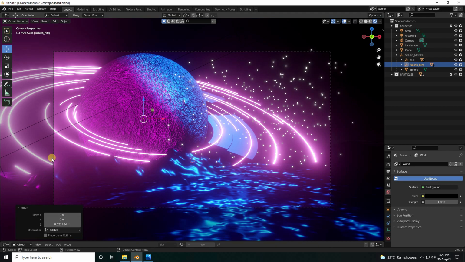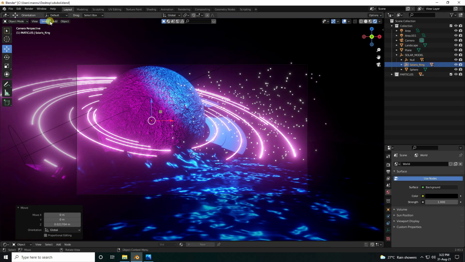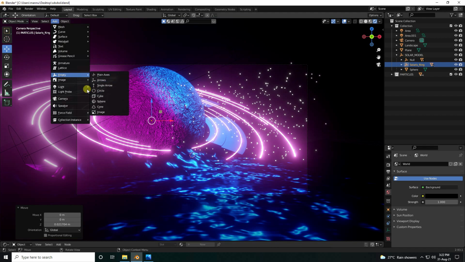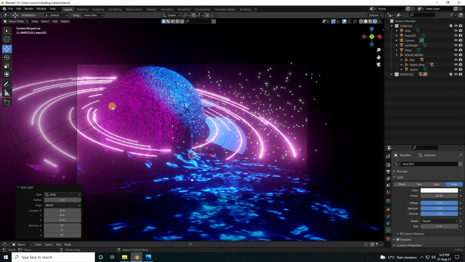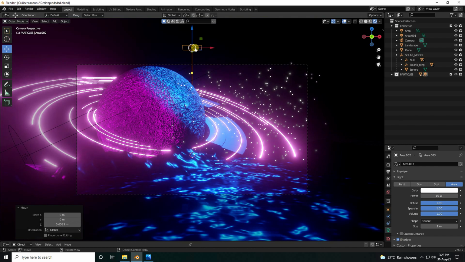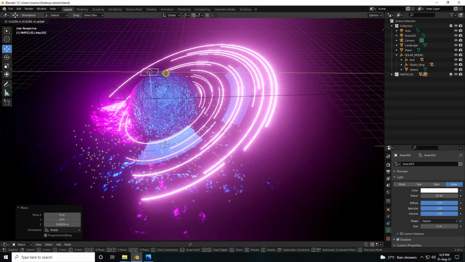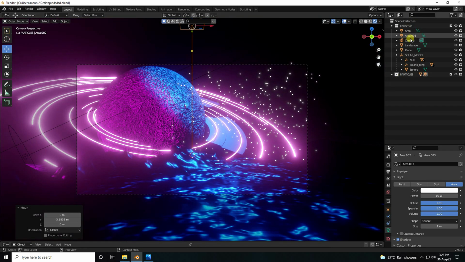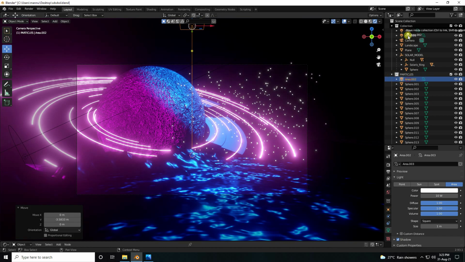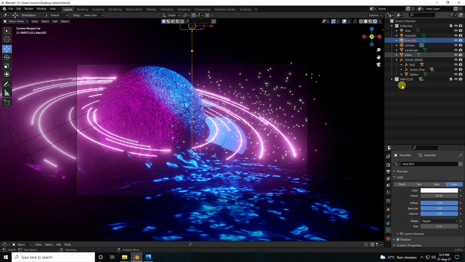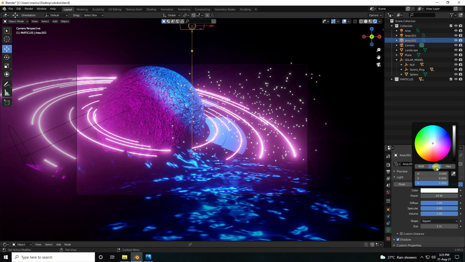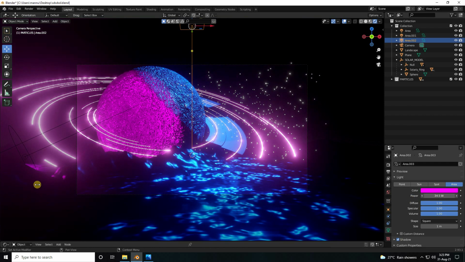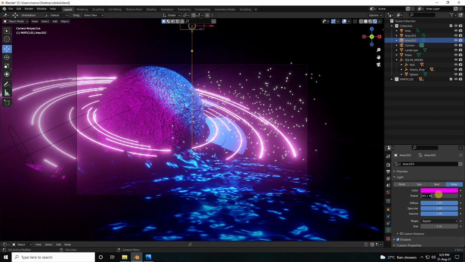So guys, now I take one more light. So take an area light, this one, and that's my top light. Yeah, that's my top light. So go to camera. So guys, select this third light, this one, go up, select this one, and use pink color, 0.85 and 1. Yeah, and power increase. Yes, like 500.